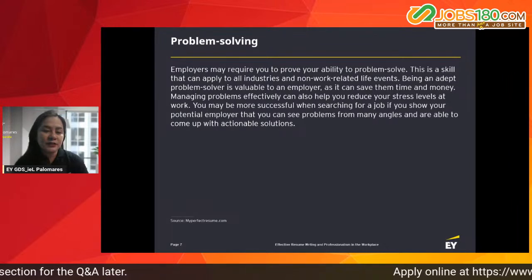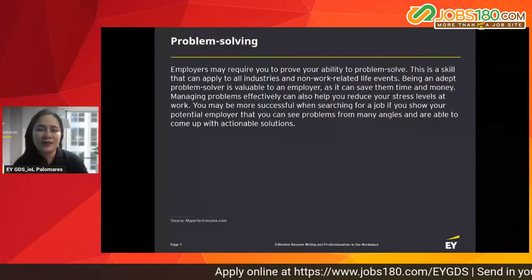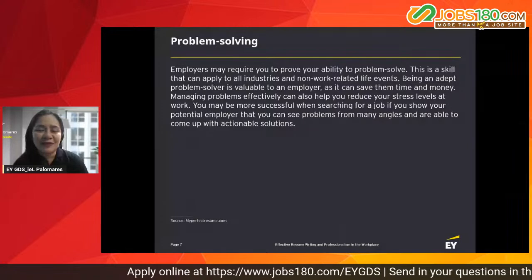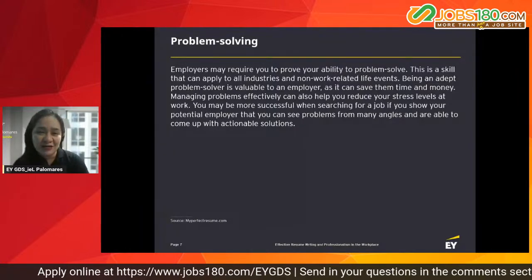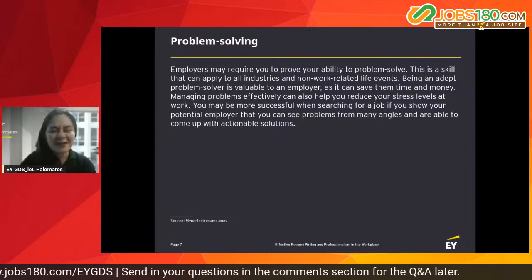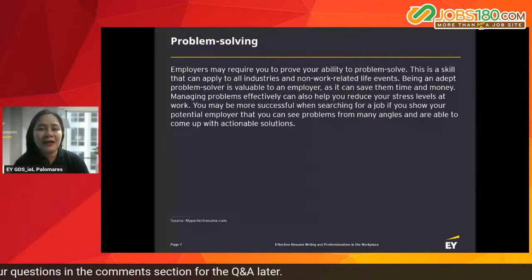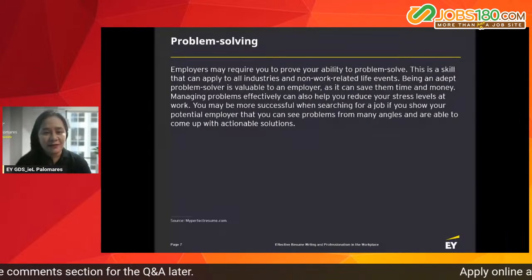You need to think outside the box. These are the things that you all often hear ever since perhaps you were in high school, right? Think outside the box, you need to be a problem solver. But because that's really an important skill that you should have, that